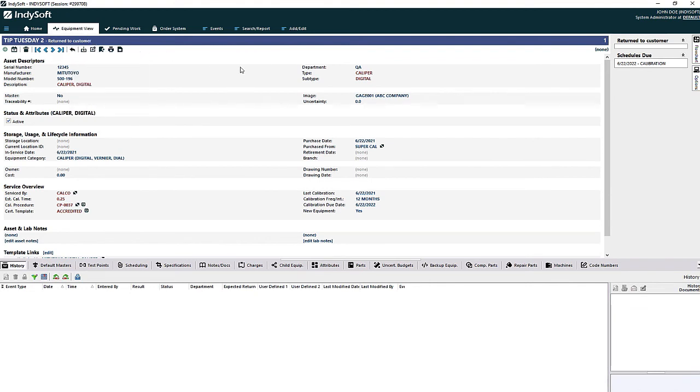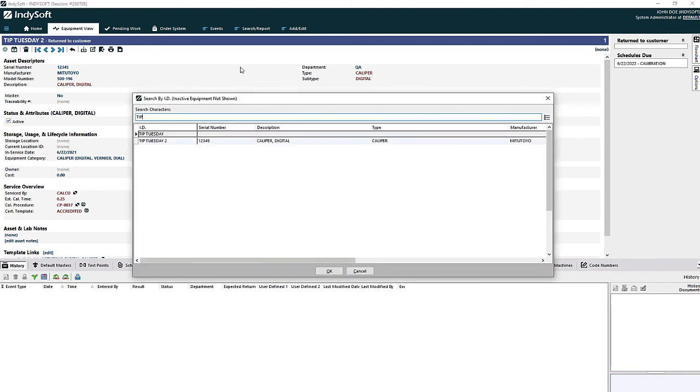Now, the last tip here is something that I myself learned pretty recently. Instead of clicking a bunch of options and starting a search, you could just start typing on the equipment screen. So if I just started typing with TIP, it'll pull up the search by ID automatically. That's something even I didn't know about and it has been in the software for quite a while. So maybe that'll help